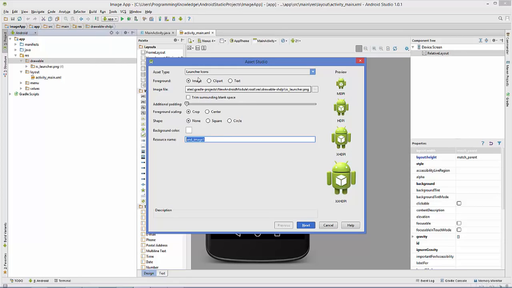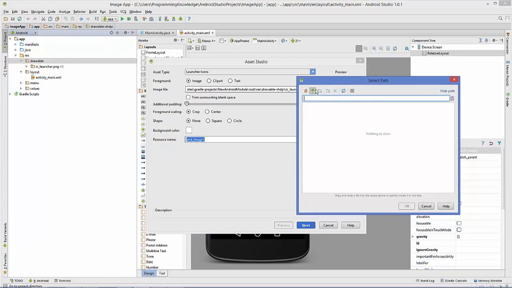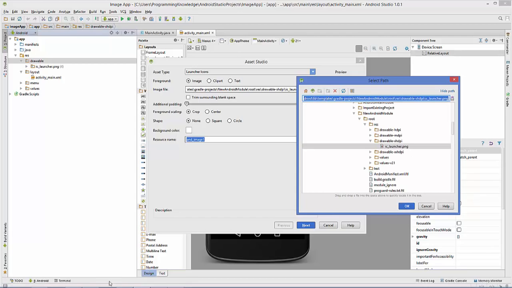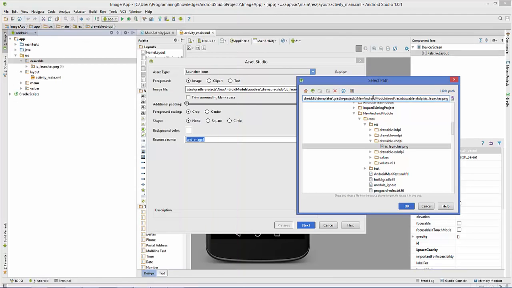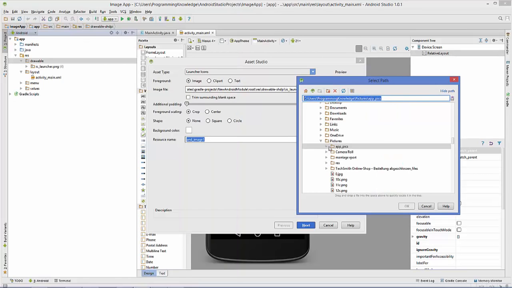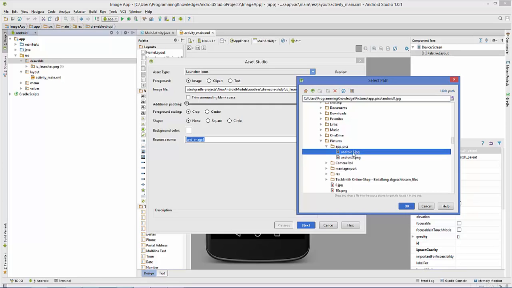Okay, and asset type is launcher icon, and in the image file you just need to give the path of your image. For example, I will just copy the path here and paste it here, and then I can see my folder, and in here I can choose my PNG